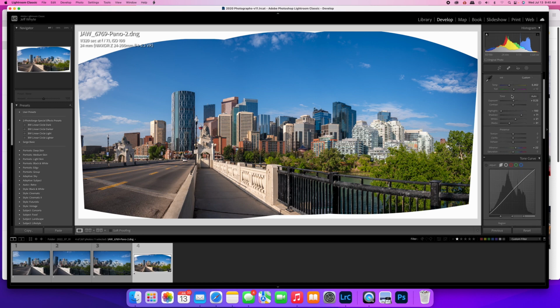I do still find this to be a titch overexposed, although the histogram's showing that it is exposed pretty well. I think I have a lot of sky in the image, which is probably why, but I can always bring down the sky later. So